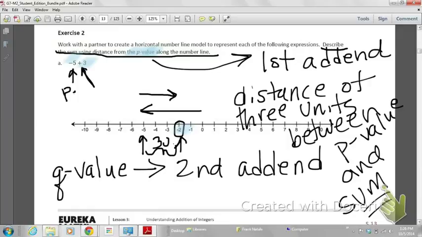Okay? All right, so the answer to this one would have been, what you're going to do for the rest of them is you're going to go ahead and do this work, and then you're going to give a distance in units between the p-value, well, whatever they ask you for. Okay, I'm not quite sure. All right, so go ahead, I'm going to pause,